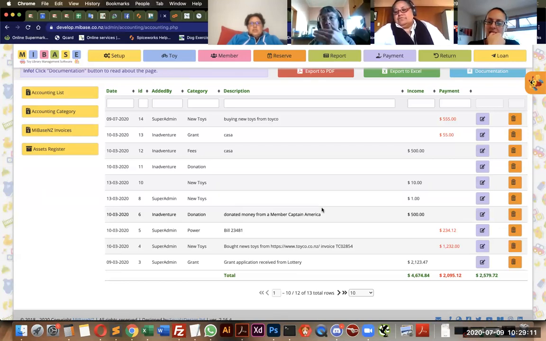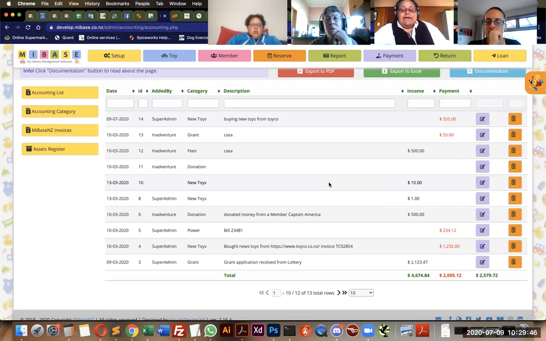But if it's a donation and not really a fine that you ask the member to pay, yes, that can go here. So in this case, you can make a donation and then description: donation towards replacing blah, blah, blah toy. Exactly. And when you buy a new toy, you can also describe where you bought the toy and for what. So replacement of blah, blah, blah.